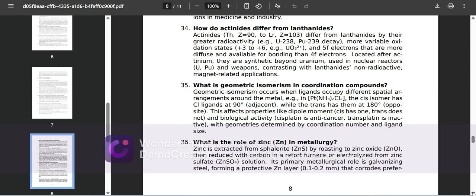UPU and opiums, contrasting with lanthanides, non-radioactive magnet. Relate